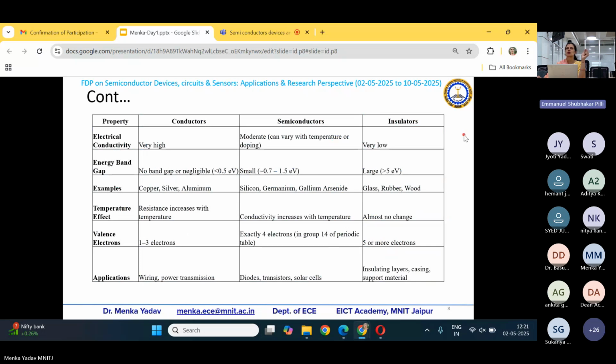Okay. So now let's figure out the categories of different types of materials. Remember, we are only talking about electronic materials in this subject because this subject is related to electronics and applications. There also we will only talk about semiconductors and related things, right? Insulators and conductors are also part of your electronic materials. Conductors will be used for the contacts. Insulators will be used for insulation purposes.